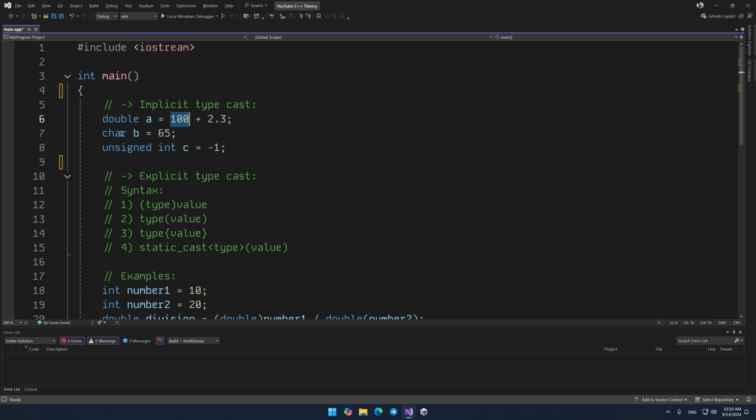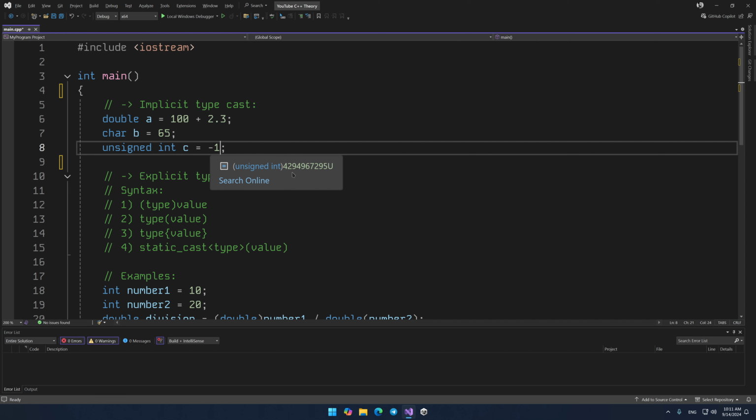And in the second one, the number 65 will be converted to the char type to be written to the b variable. In the third one, -1 will be converted to the unsigned int type, and by the way, it'll be a completely different number because I remind you that the unsigned type can't have negative values. There will be no compiler error here. You can try to display this variable on the screen and see what value is stored there. Why this value is there? You'll find out when you watch my lessons in the future, where I'll tell you how values are stored in variables in bit representation.